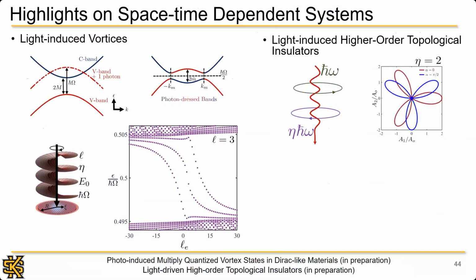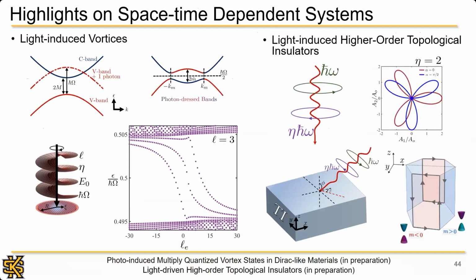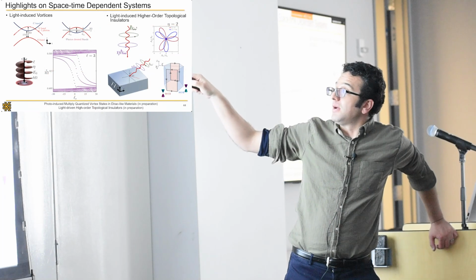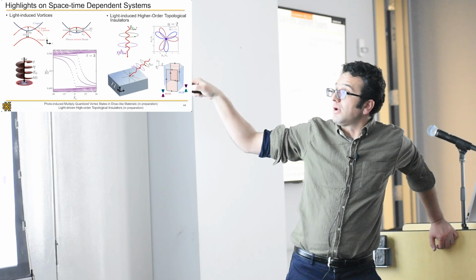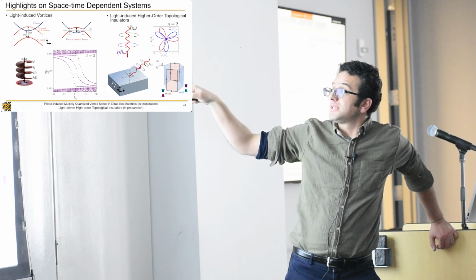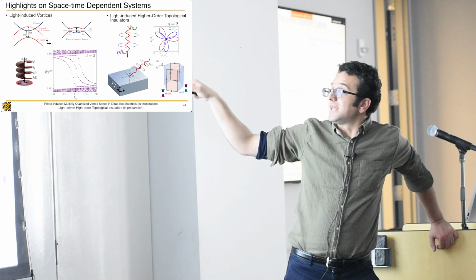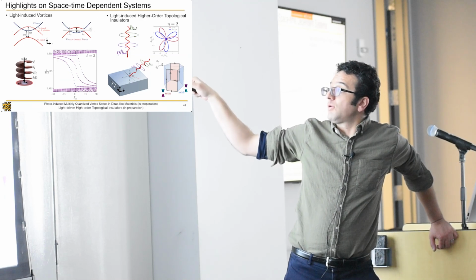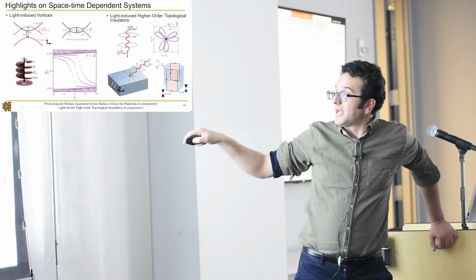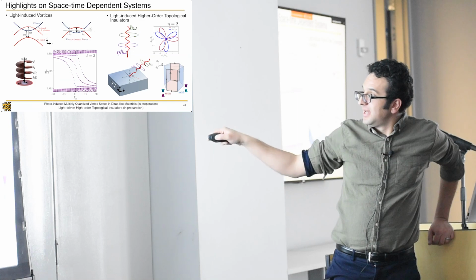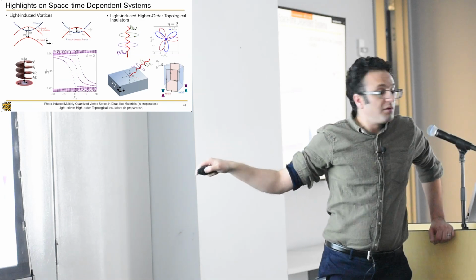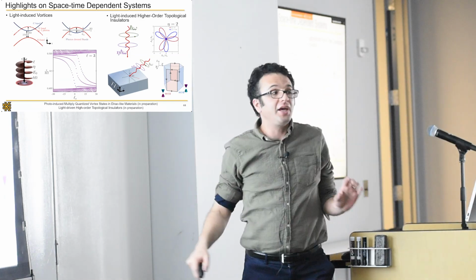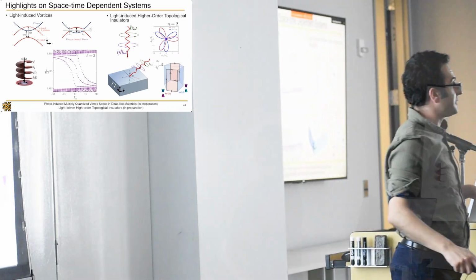And we can also generate higher order topological insulators by irradiating them with something called a bicircular light, which is a light that has two frequencies, and one of the frequencies has an integer ratio of the other frequency, and it leads to the breaking of space symmetries, the gapping of the surfaces, but then it leads to the appearance of hinge modes instead of surface states.